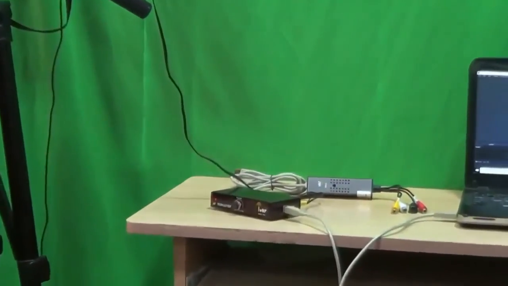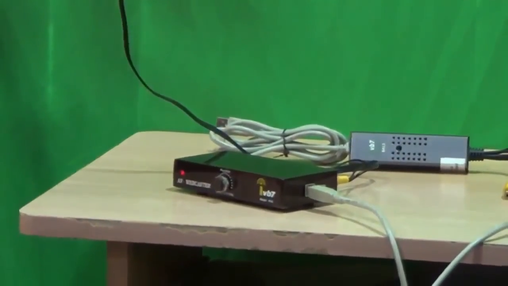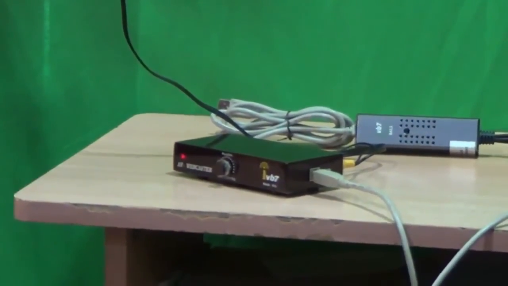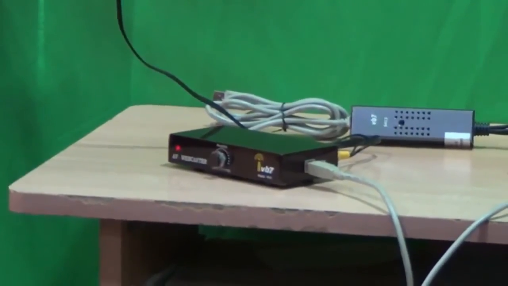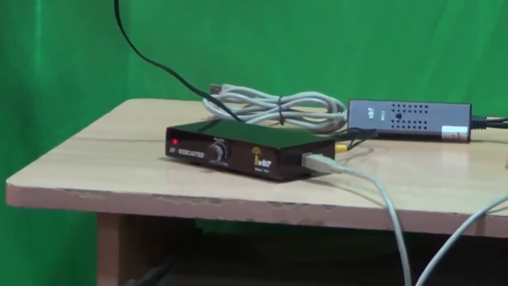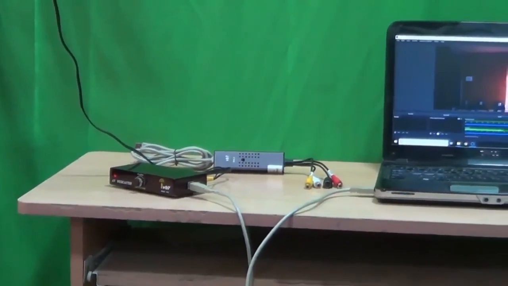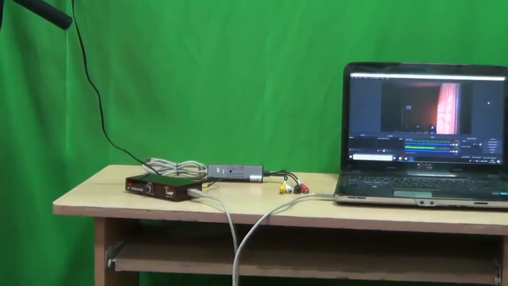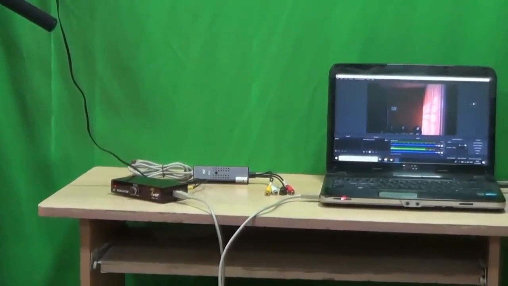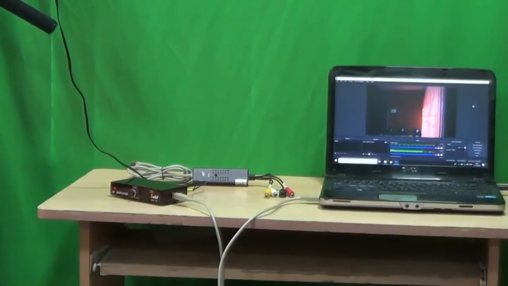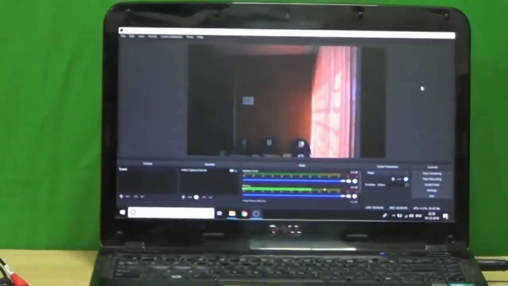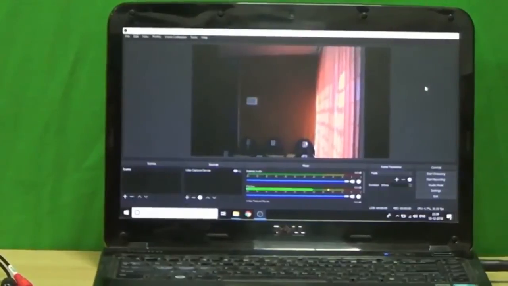It also comes with an audio level controller, so you can set your final audio level and give it to your system. Coming to its power consumption, it doesn't require any external battery as it takes the power from the laptop or system itself. And you can also check the preview in the system itself. As you can see in the video, we are just taking the input from the camera to the system in a streaming software. Coming to the internet speed, it does single streaming with low internet